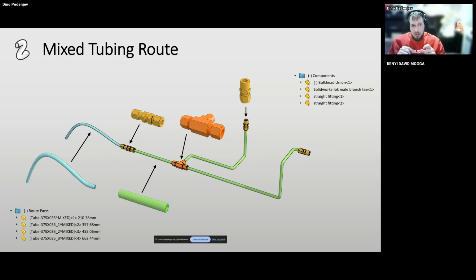And for the tubing, we can do rigid orthogonal routing, but we can also do flexible routing. But the tube itself is actually made from the sweep function, and hence why we have only tubes and we don't have elbows and everything else here. But everything else pretty much stays the same. So the analogy throughout the routing is the same for any type of routing we're using.